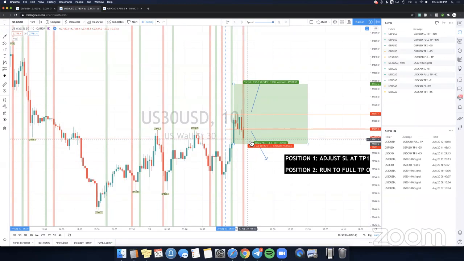And I know a lot of people were hoping that price was going to come down, because the London call that Marcus called was a sell. So a lot of people were in drawdown right here who took the London entry. And it was just bad juju in the chat. I didn't want to go against everyone because some people were wanting it to come down, some people were wanting it to go up. So in that situation, I was like, all right, I'm just going to get out at TP2,